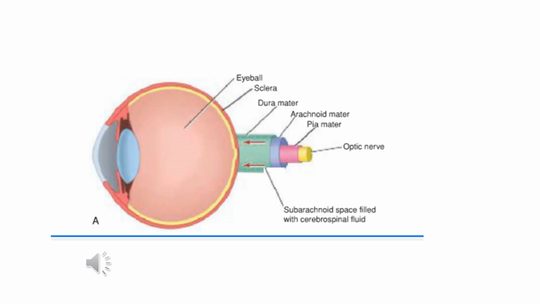When they are piercing these three sheaths to enter the optic nerve and then to enter or leave the eyeball through the optic disc, this is the place where the raised intracranial pressure will compress the thin walls of the retinal vein. This will cause congestion of the retinal vein and bulging of the optic disc, causing papilledema.